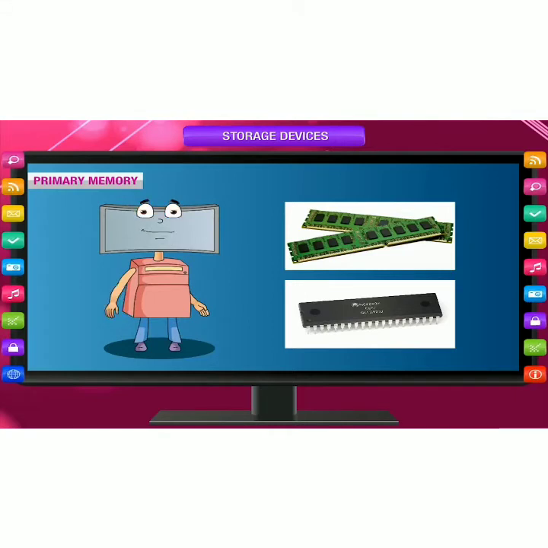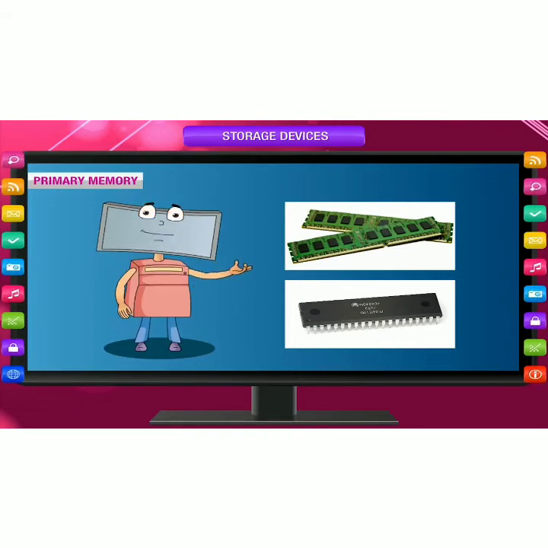Now, first one, random access memory. It is like the blackboard. Like we write on the blackboard and explains the topic to you and then removes it. Similarly, random access memory stores the data temporarily while the computer is working. When the computer is turned off, the content of this memory are washed out or data gets erased.